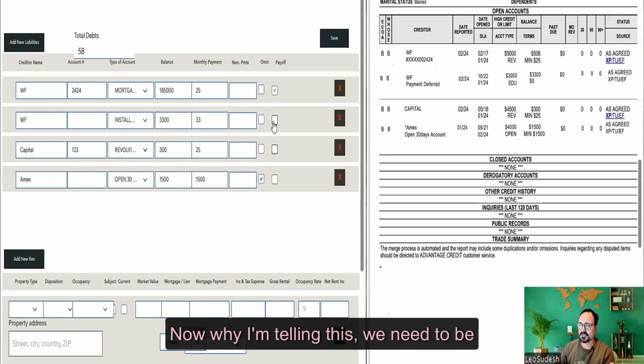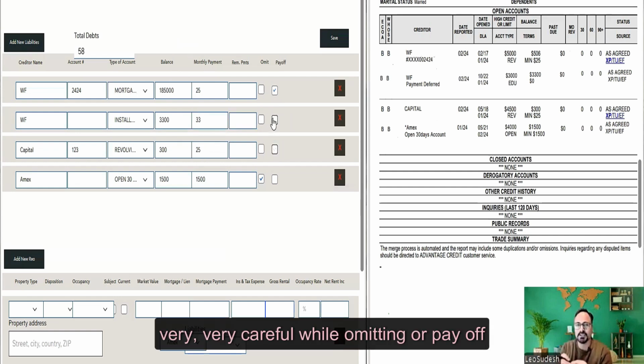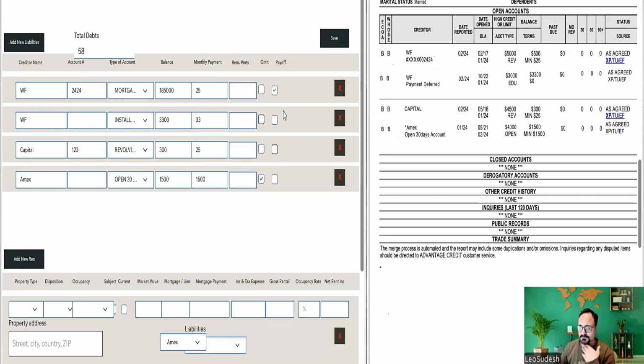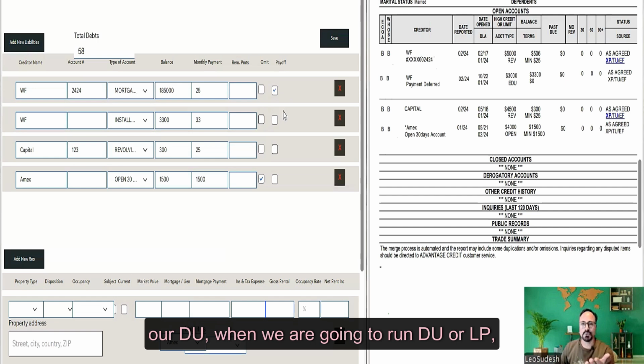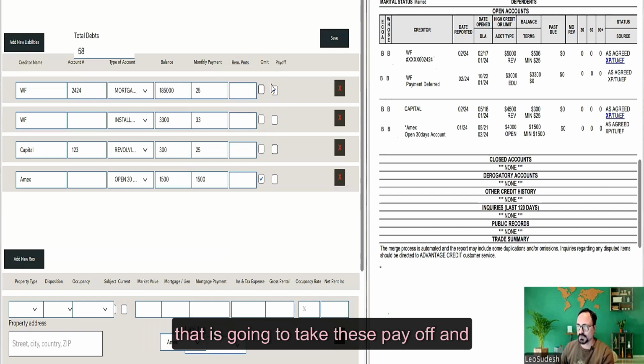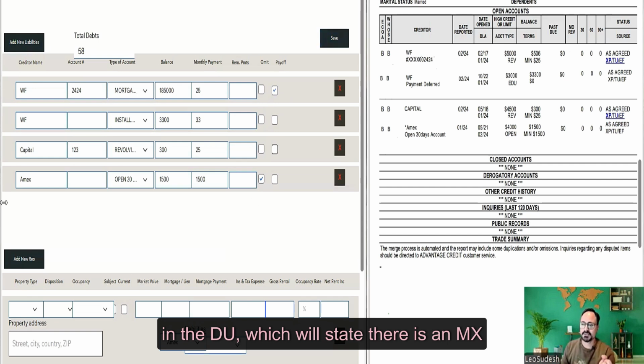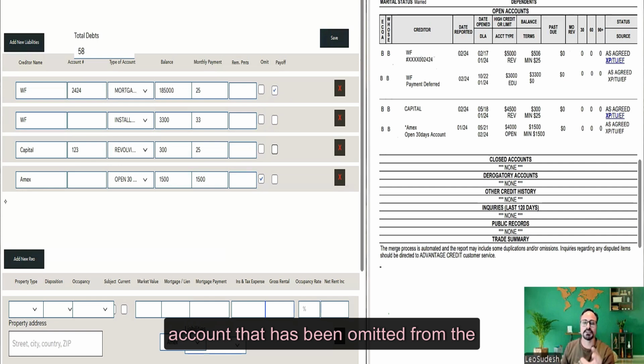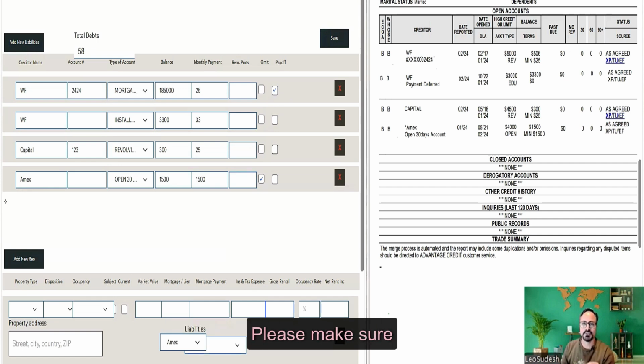Now, why I'm telling this: we need to be very, very careful while omitting or paying off, because when we run DU or LP, it is going to take these payoff and omit buttons and ask us for the document. There will be a clear-cut condition in the DU which will state there is an MX account, revolving account or open 30 days account that has been omitted from the calculation. Please make sure the lender